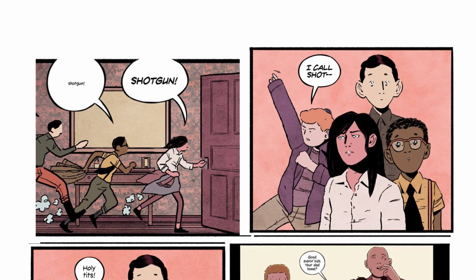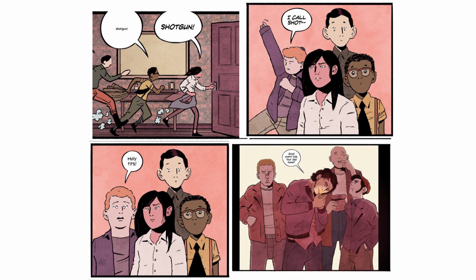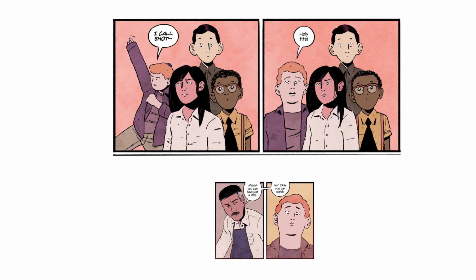Sure, it makes sense chronologically. Does it have the same effect? Well, that's subjective, but for me, it doesn't work as strongly as the rhythm did previously. So by playing around with the panel positioning to affect rhythm and beats, by changing minor things within a panel or on a panel-to-panel basis, or by juxtaposing two different images, you can start to build real comedy and humor into these flat 2D drawings. And with that humor comes personality,